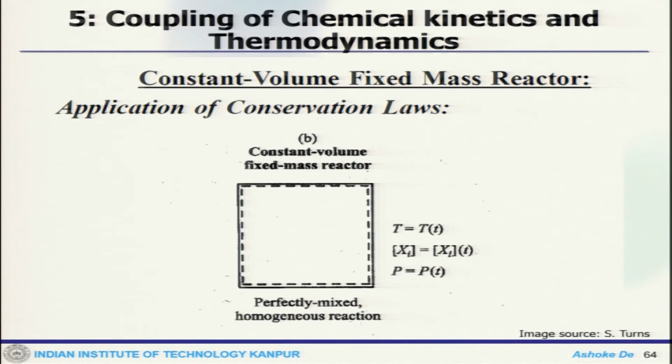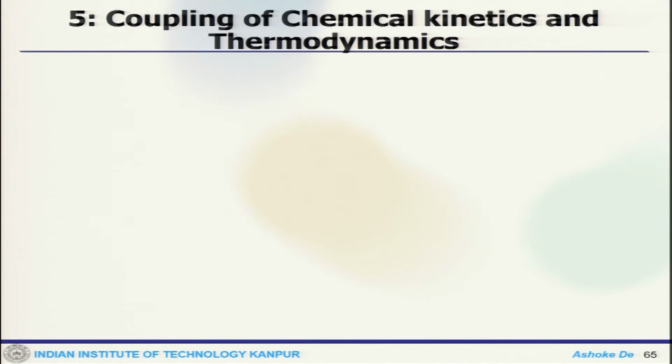Now, we will move to the next reactor, which is a constant volume fixed mass reactor. So, this volume is fixed and things should only change with time. Again, in this case the energy equation will apply, similar to the constant pressure case, and the only exception here is that W dot is 0 for V constant. Previously, since V was changing, there was work done due to PdV work.